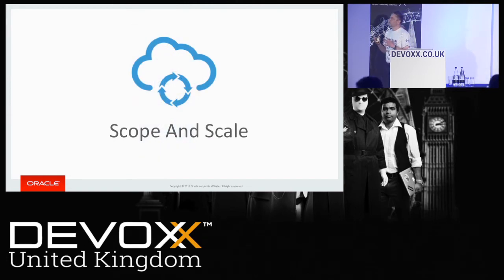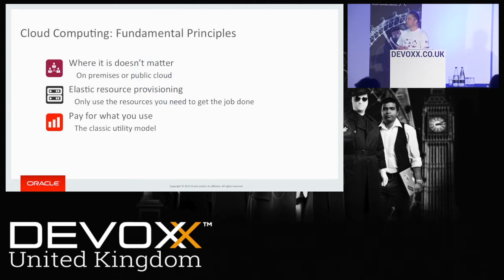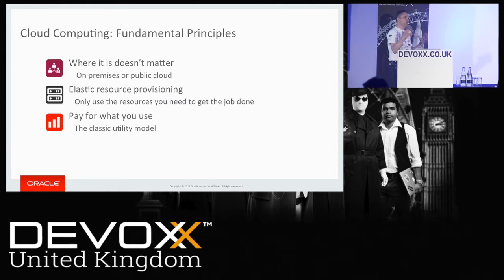So the first thing that we want to do is to look at some of the basics of cloud computing in terms of what we mean by scope and scale. And really, if you look at cloud computing, it's all about the things that we already know about. It's all about enterprise computing. But rather than having your own data center where you have your machines, you have people who look after those machines, you have to provide those machines, you have to provide power for them, all those sorts of things.